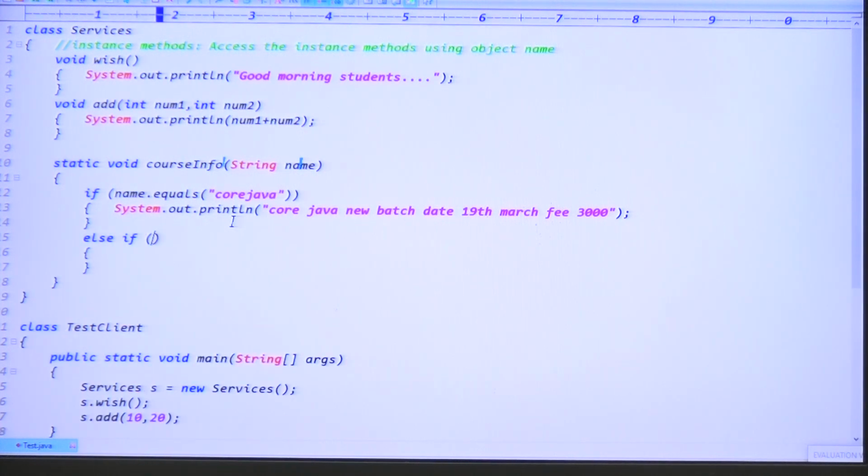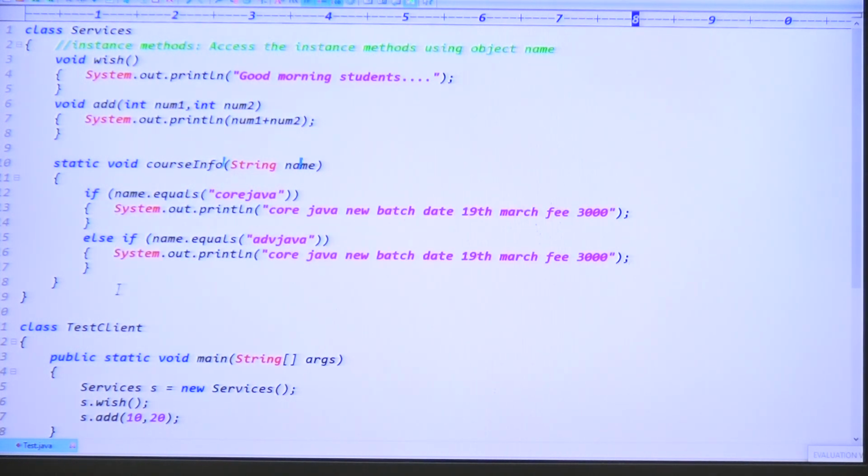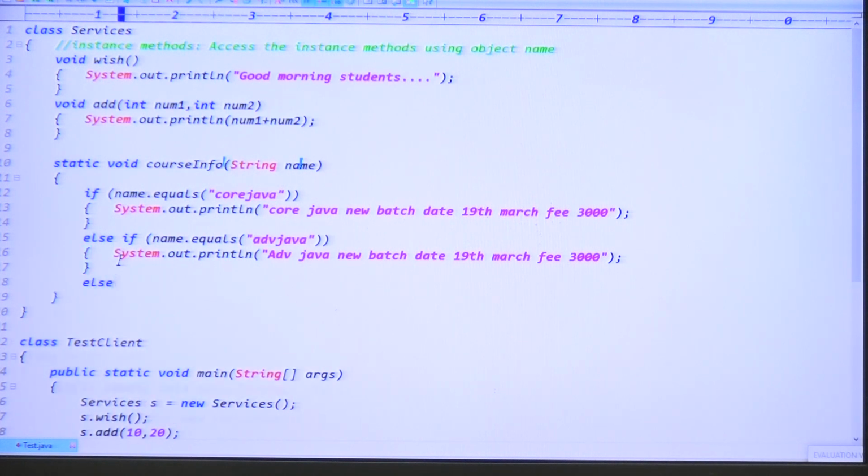Else if name dot equals of ADV Java, then you can give the message here: System.out.println, ADV Java new batch date is 19th March, so fees is 3000 rupees, right?